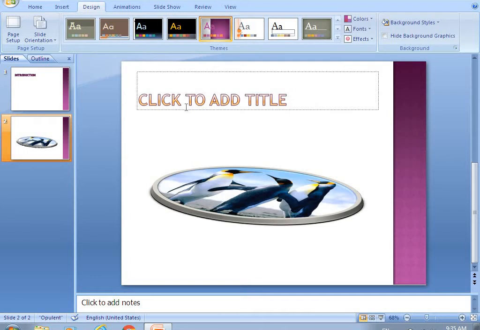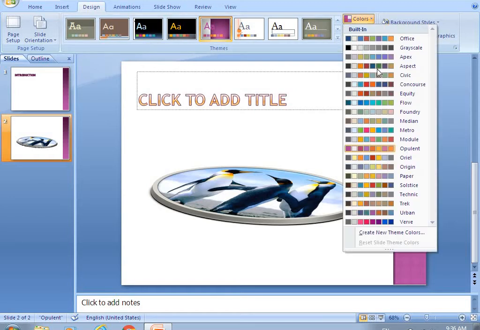So what benefit do you get from a theme? Your slide will look more attractive. If you want to change the color, fonts and effects of your slide, you can also do this.